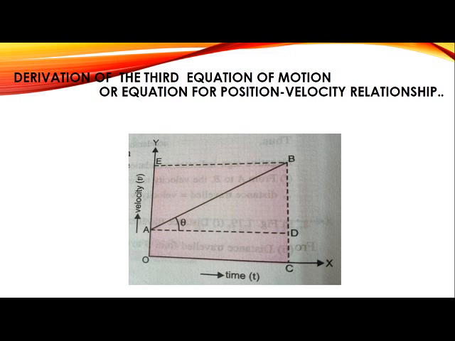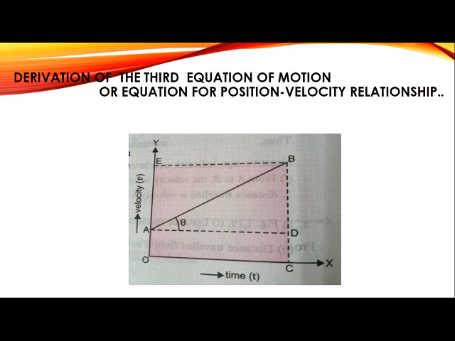The line segment OA refers to the initial velocity and the line CB refers to the final velocity. So how much has the velocity increased, children? The increase in velocity is DB. How do we find the value of DB? CB minus CD. We will get the value of DB, or v minus u, which is equal to the rate of change of velocity that I told you very clearly in the first equation of motion.